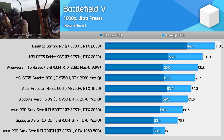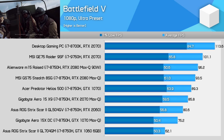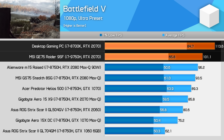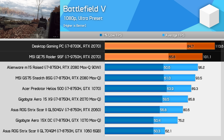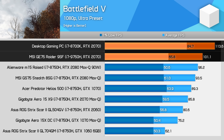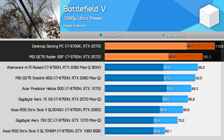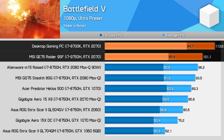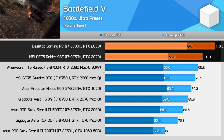Battlefield 5 is an interesting situation. When looking at average performance, we see the desktop pull ahead by a reasonable 12%, nothing that's going to make laptop owners cry. But in 1% low performance, it's clear the desktop is providing a smoother and more consistent experience with the 29% higher 1% low. Again, things like faster memory and a faster CPU help the desktop here significantly, whereas laptops can feel a little